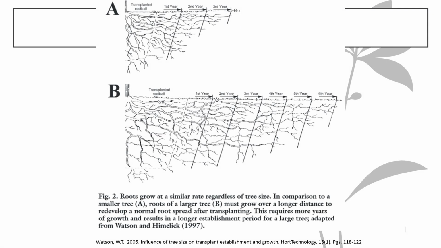All right, transplant shock, I'll go really quick. These next 2 slides just show what happens whenever you dig a plant or transplant a plant. This is a much smaller tree up here. So say this is one that you got from the nursery where it was dug. This is the original root system. It took off all of that growth. So it took about 3 years to completely recover to that original root growth. Whereas